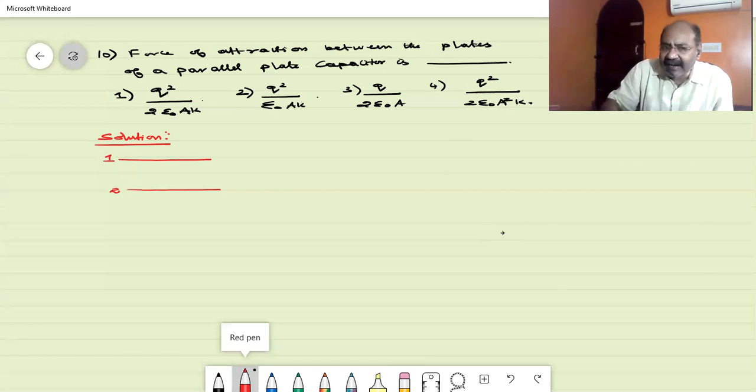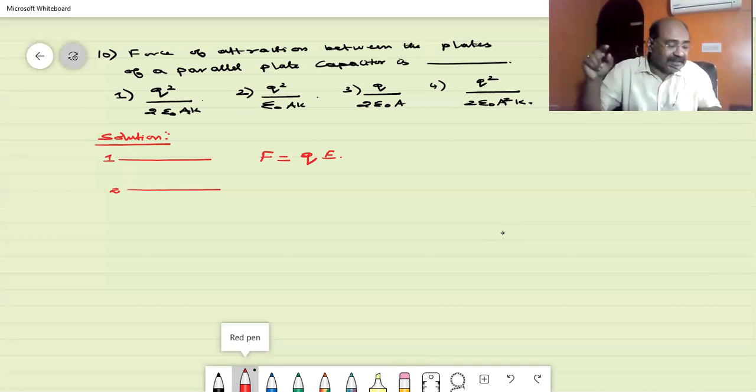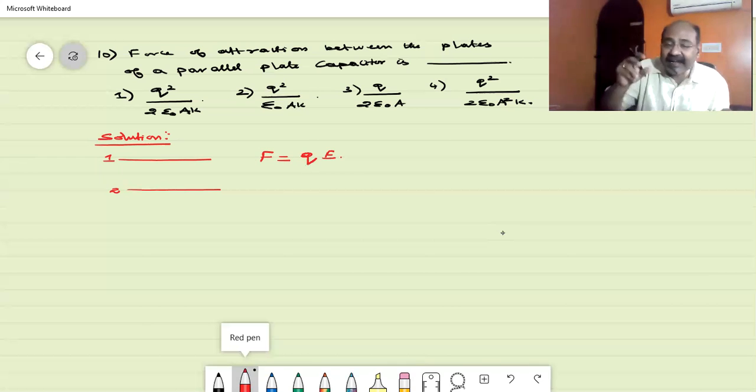See, in general, we can write the force that is acting on one plate by the other plate as Q into E, where Q is the charge available and E is the electrical field. What is the electrical field? It is not the field in between the two plates. If it is in between the two plates, we can write E is equal to sigma by epsilon 0 using the Gauss law. But there is a formula which relates the electrical field produced by one plate at the location of the other. See, this is not given in your book, so we have to note it down.